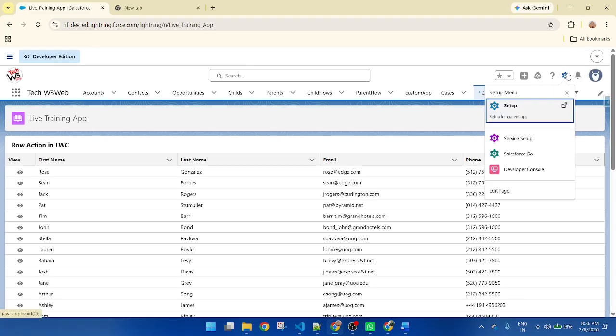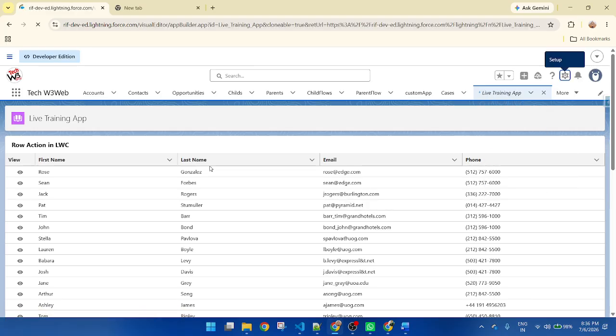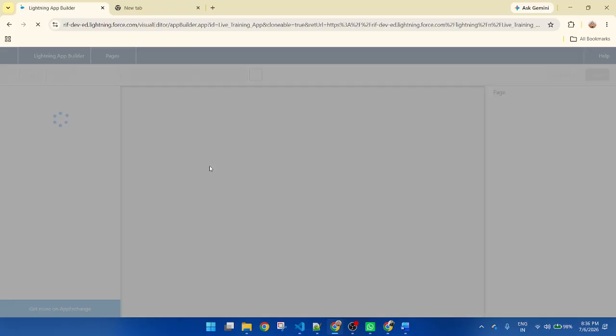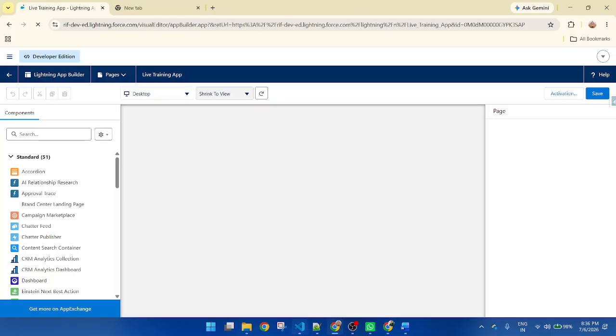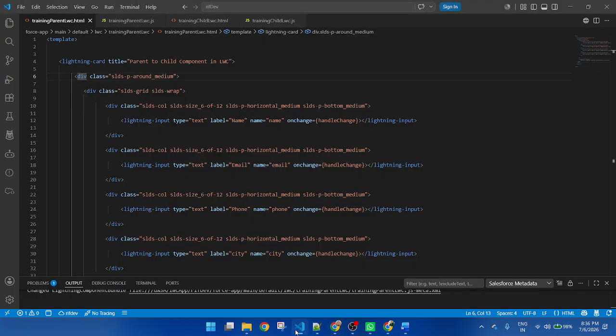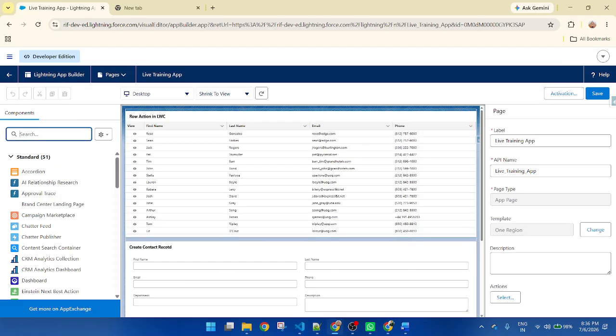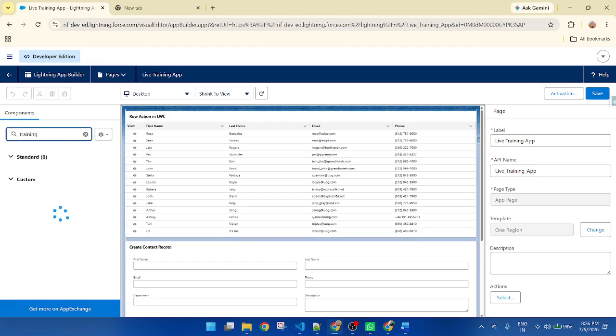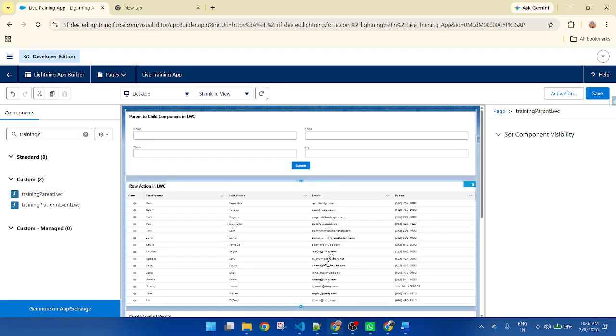And edit, and search your component name, training parent LWC. This one. Search and drag and drop here. You can see all input fields displayed here. Now save, go back.